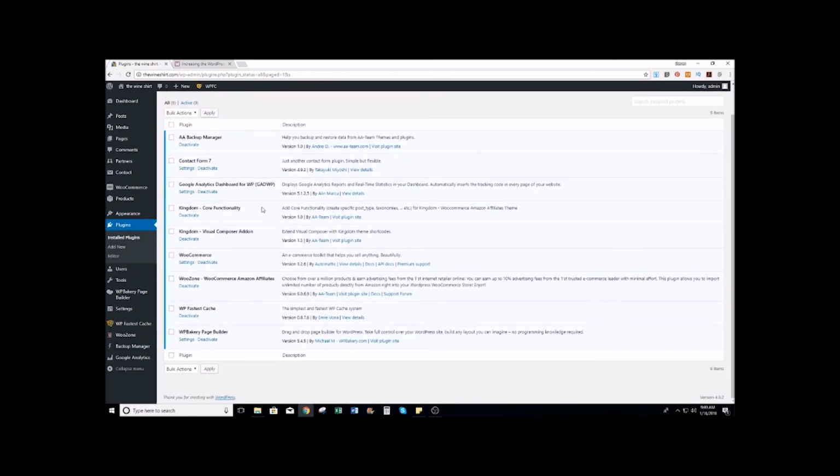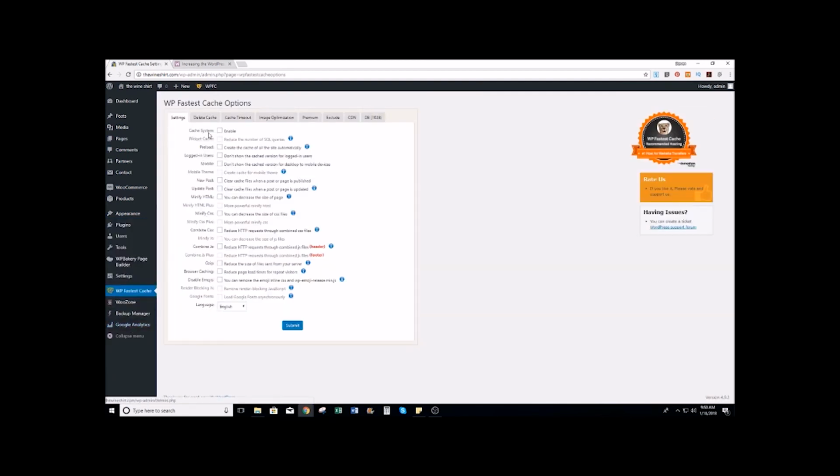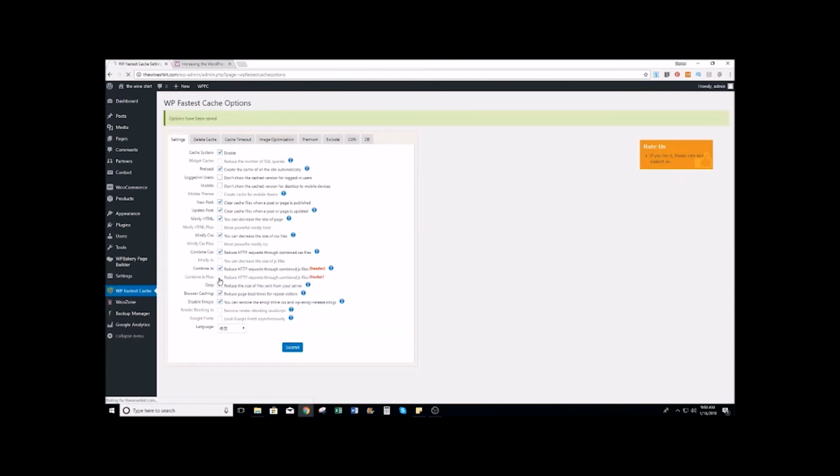So here it is down here. We're going to go to the settings, start enabling. I pretty much enable pretty much almost everything. Okay. Now if your site starts to act goofy, what you can do is go back and disable some of these options right here. So when you go to your site, if it looks funny, then you might need to go back and disable some things, but